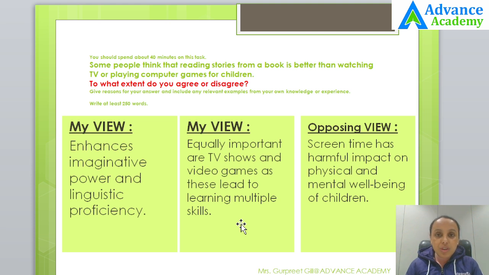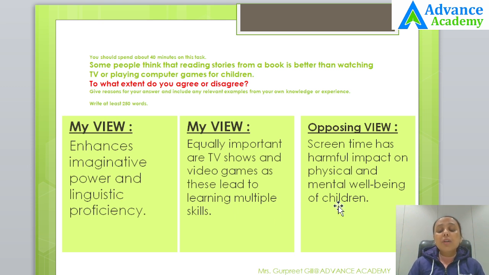And same goes for the video games when they involve in the video games, whether it is to be played solo or with the team member, they might start learning how to make strategies, how to make decisions. So their problem solving skills, decision making skills, their cognitive skills, their hand and eye coordination, their time management, all these skills can be improved and they can gain some sort of technical acumen which might be required in their future lives. So there's nothing wrong if they watch television and play video games for a limited period of time.